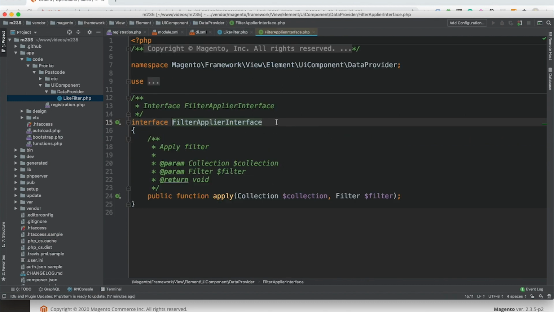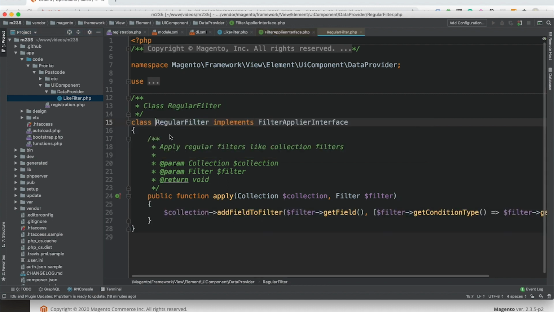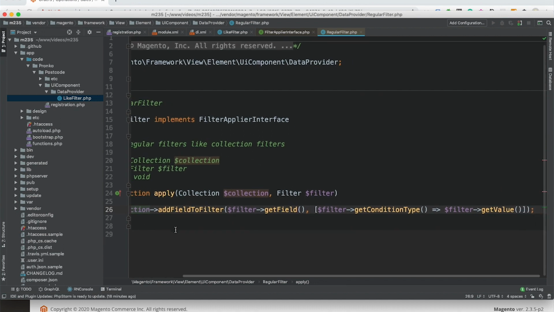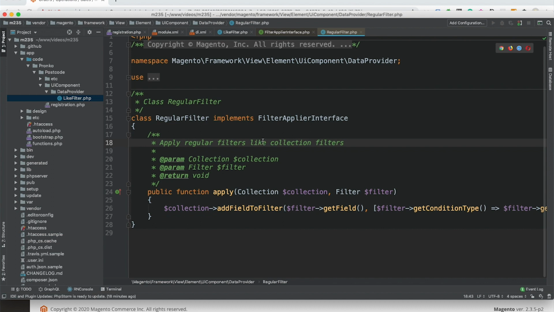If we open the FilterApplierInterface and the implementations of this interface, we can see two filters, the regular filter and the full text filter. The regular filter is something we are going to rely on in order to first of all understand how to write filters. As you can see, this is an example of how we can write a like collection filter. And second of all,